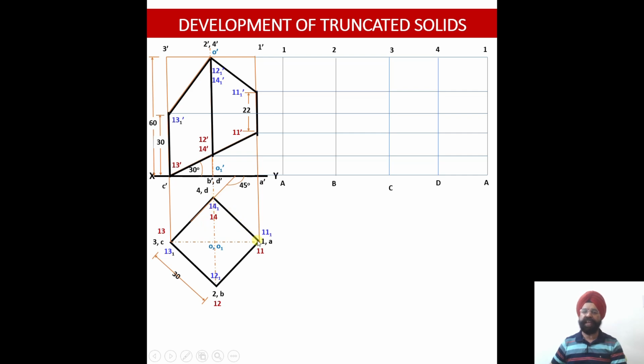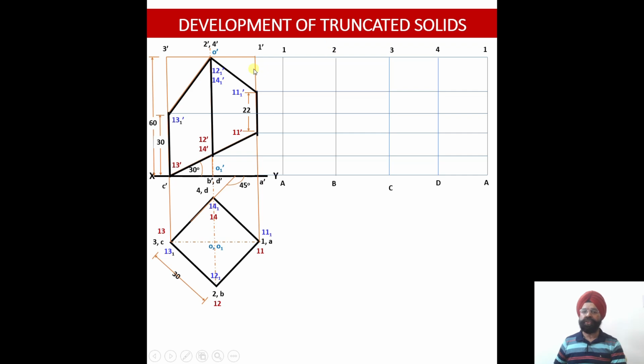the fifth point will be once again 1A. So you see, I have started from 1A, 2B, 3C, 4D, and again 1A, right? If you end up at D, you are going to miss the last edge, that is, this DA edge. So one thing is quite simple to remember: 4 edges should be located over here. 4 sectors, 4 segments. This is segment 1, the first rectangular face of this prism. This is the second rectangular face of this prism. This is the third rectangular face of the prism, and the fourth rectangular face. You see, all the 4 rectangular faces have been obtained over here. Now A, B, C, D, A.